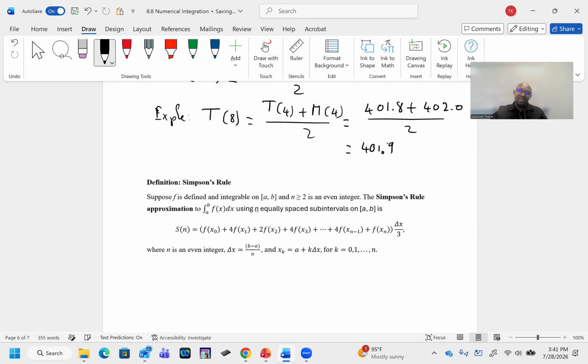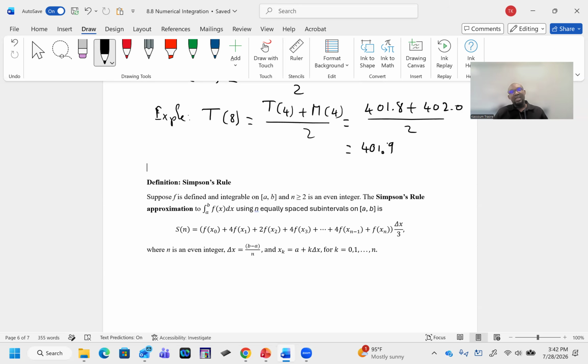Suppose f is defined and integrable on the closed interval a to b, and n is greater than or equal to 2, an even integer. The Simpson rule approximation to the integral from a to b of f of x dx using n subintervals on the closed interval a to b is